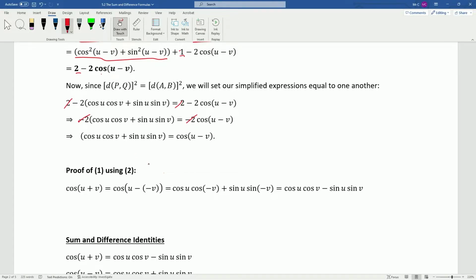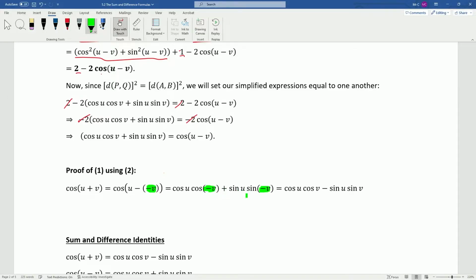So now, when we look at the cosine of u plus v formula, how are we going to deal with that? Well, we actually just use the formula we just derived. So here, cosine of u plus v, we can find that by rewriting this as cosine of u minus a negative v, right? That's the same thing. But now, when I plug into my previous formula, I can write it as cosine of u, cosine of negative v, plus sine of u,